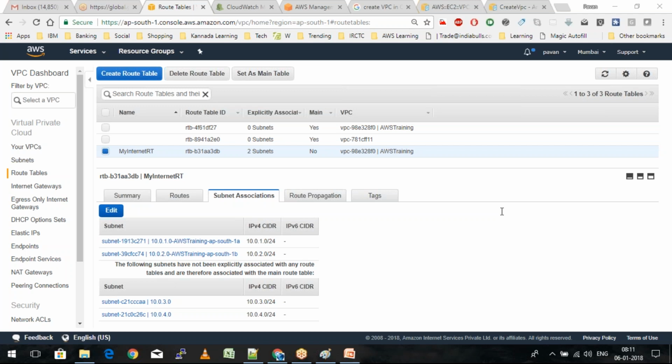Try to host a web server in both of them and put a load balancer in front of it, and see that even if one of them goes down, I am still able to access the web page from the other one. Just try this small example of the web server by hosting it in 2 different public subnets, and then try to make one of them go down and see. Okay.